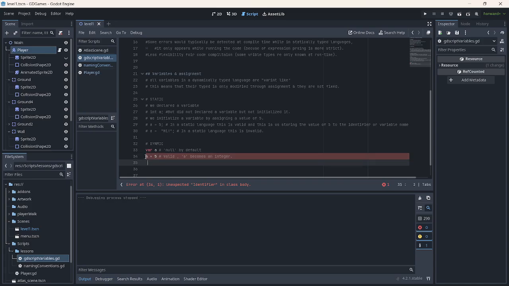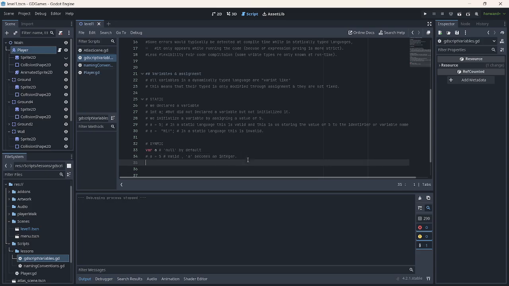If you have a little bit of background with JavaScript, I'm not sure why that's still saying unexpected identifier in class body. Okay, so let's just comment this out. So A assigned the value of 5 is still valid. It becomes an integer.